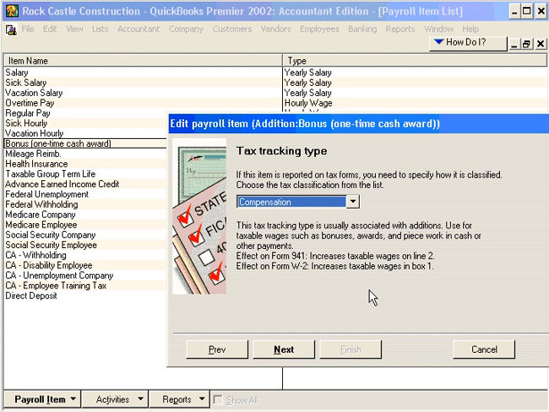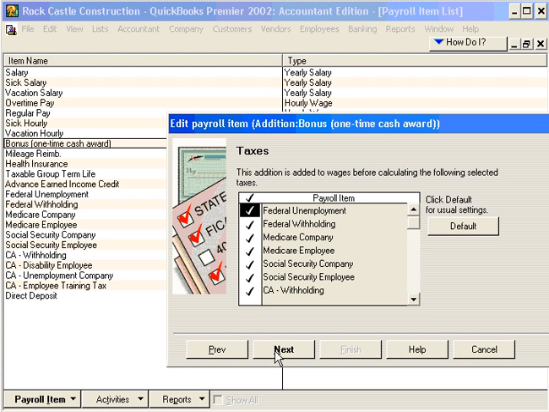Next, if this item is reported on tax forms, you need to specify how it is classified. QuickBooks automatically set it as compensation. That's correct. Next, QuickBooks recognized the bonus as compensation and so appropriately checked off all the payroll tax items. Next,